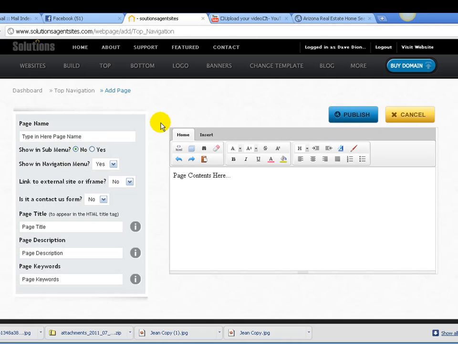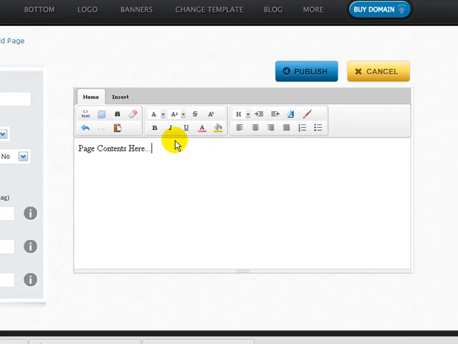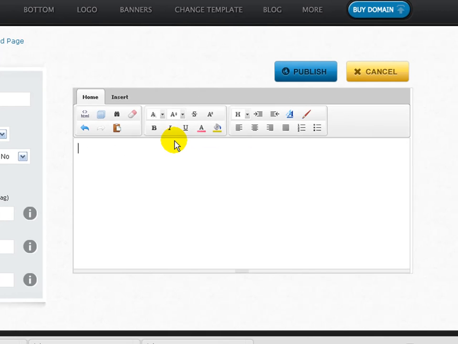And I do that by clicking the add page button, and I'll just name this page page 1. And then I'll go down and answer all these questions again, including the page titles and descriptions and all that kind of stuff. I'll enter some content, and in this case I want to make this page a page that I'm going to use the lifestyle search with Power Ranch. So I'm going to write a paragraph about Power Ranch Homes for Sale, blah blah blah, and then I'm going